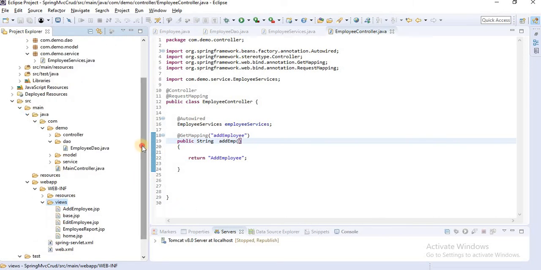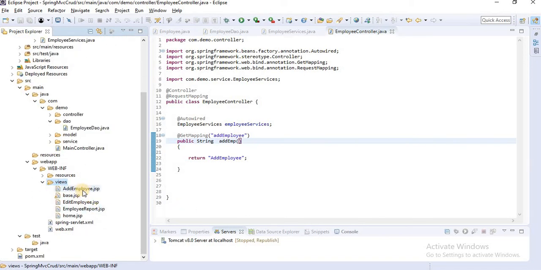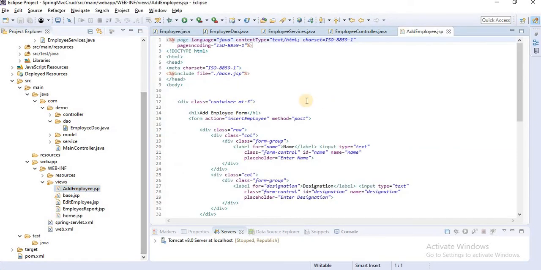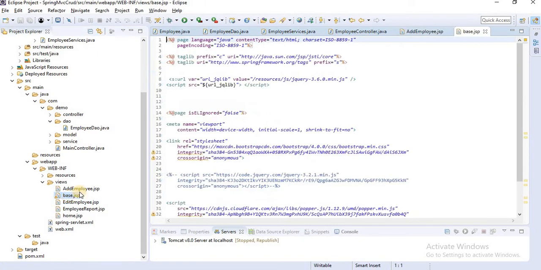Here we are calling the add employee page. Inside the add employee page, I have defined a container and also included the base.jsp page. Inside base.jsp, I added a few libraries.